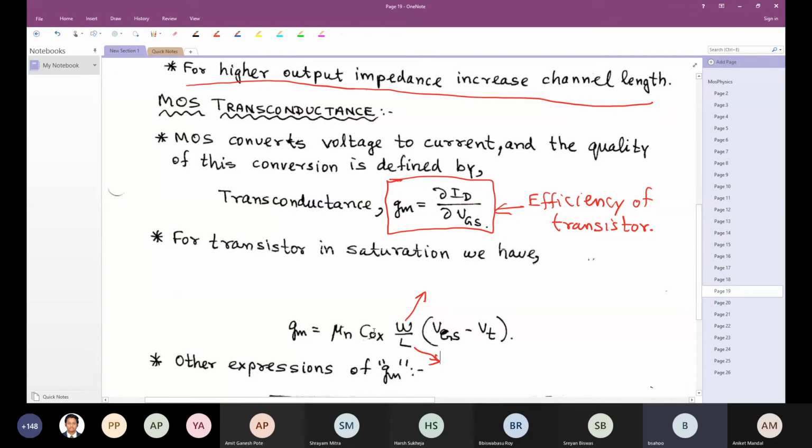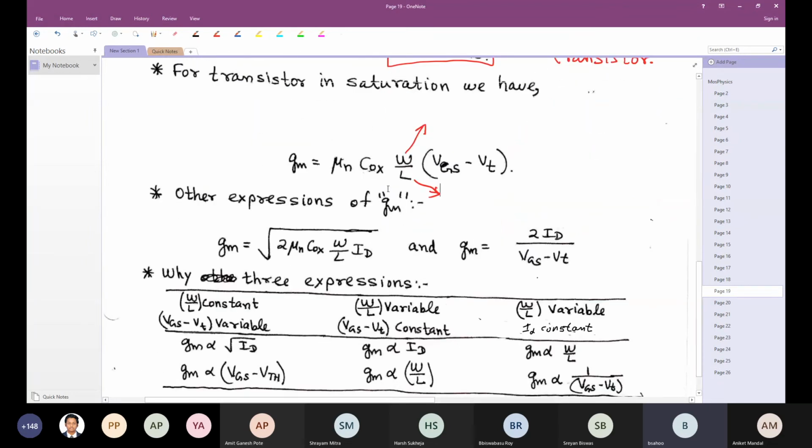If I want an amplifier, I want a smaller channel length because it will convert voltage to current more efficiently. If I want to build precise current sources, because sometimes you want current sources, right? Then you have to have a longer channel length. Okay. Now, I would suggest that you use the expression for current, which is